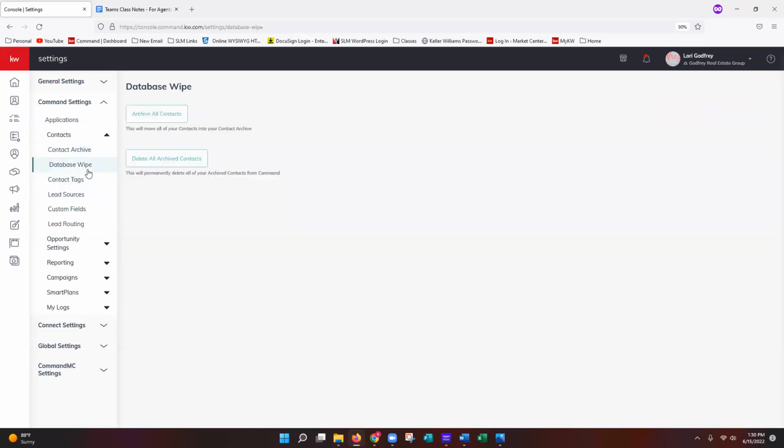Database wipe is going to give you access to not only archive all of your contacts, but also delete all of your archived contacts. So if you did already go through and manually archive all of them, you may have noticed under contact archive, you can only delete them 50 at a time. So if you have a couple hundred or, heaven forbid, a couple thousand, it's going to take forever. You can come in here to database wipe and just delete all archived contacts, and it will just wipe your